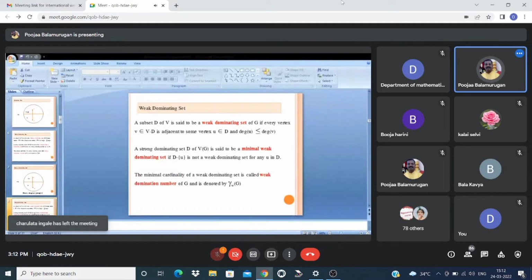Again we discuss the minimal weak dominating set. Whenever you find any parameter, immediately we can find the minimal condition of that parameter. So what is a minimal weak dominating set? A weak dominating set D of V of G is said to be a minimal weak dominating set